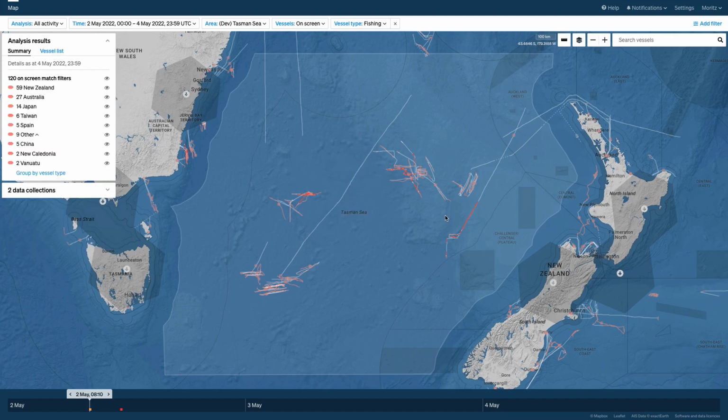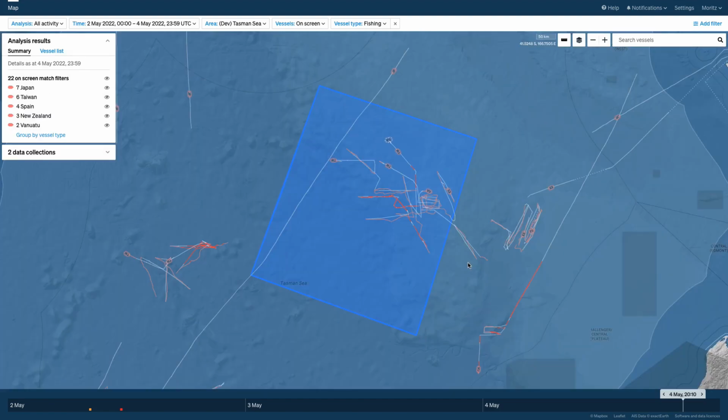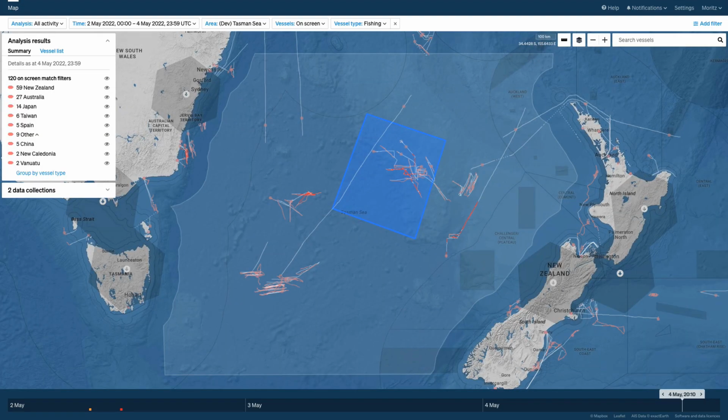So we looked at the locations of the fishing fleets in the area and asked MDA to image an area that has lots of vessel activity but also lots of empty space. And we came up with this area here, which is occupied by primarily the Taiwanese fishing fleet. So the footprint that MDA will be collecting is shown here. And again, there are lots of vessels in there, but also lots of empty ocean to detect some potentially dark